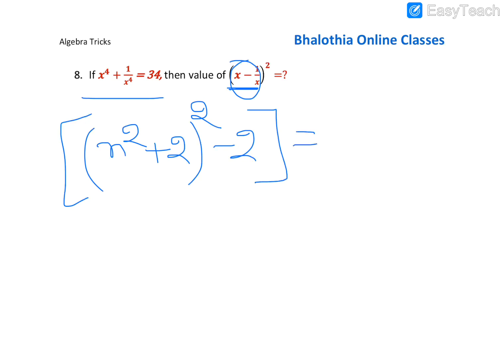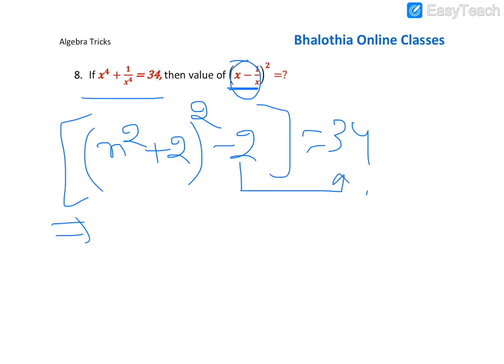This is the formula for n, and then 44 is given, and we have to find the square of this one. So we have to find n square in this case, because this is n and then the square of this one. So this is given as 34, and we will just take this 2 on the right hand side. So n square plus 2 raised to the power 2 will become 36.